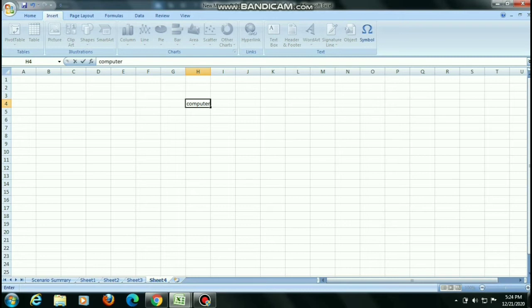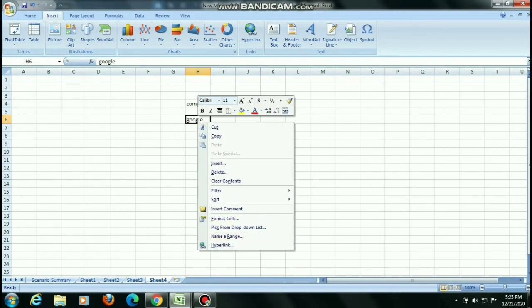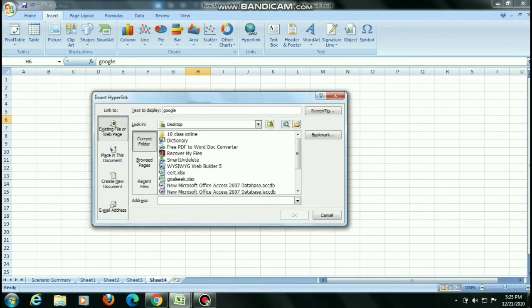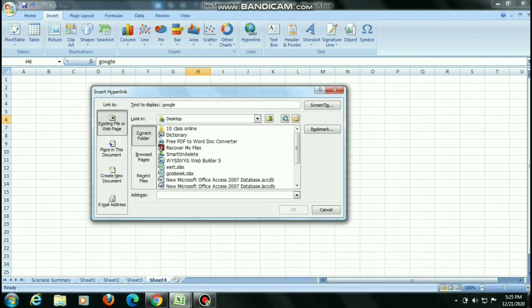Okay, I want to set this hyperlink to Google. Suppose I give a new name, Google. Here this one is your company, I am placing your data, and Google is your company. So I want to set your hyperlink on your company name. So right click here, I am creating a hyperlink of web pages. So again right click, Hyperlink, you will get this window, or you can use the shortcut key Ctrl+K.